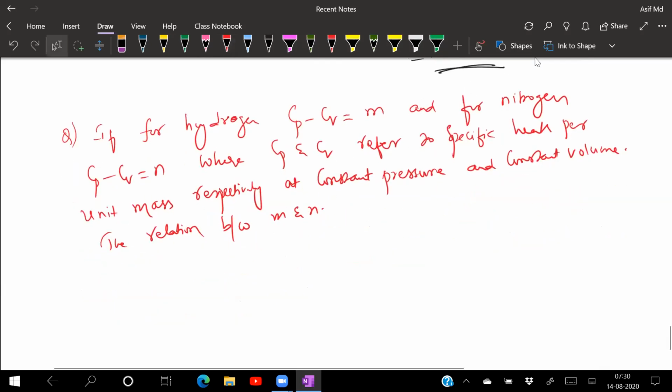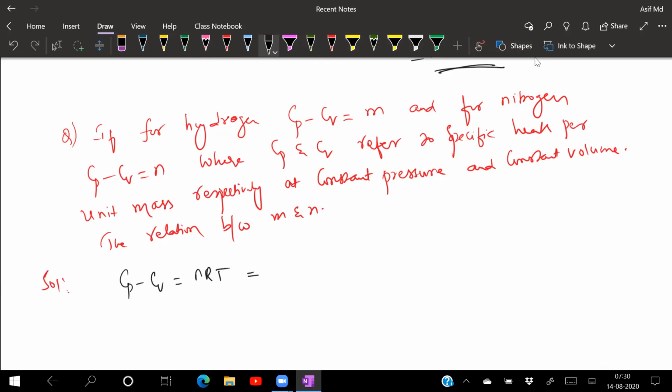Good question, beta. We will be getting such types of questions. So for hydrogen, Cp minus Cv is given. Actually, what is Cp minus Cv, beta? Cp minus Cv is equal to nRT. Can I write it like that? Because everything is a constant. Number of moles is a constant, and temperature is also constant. The actual formula is Cp minus Cv is equal to R. So I can even write this because the number of moles and temperature are constant here. How do you write the number of moles actually? Can you tell me?